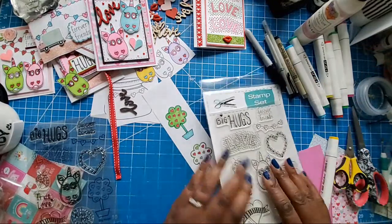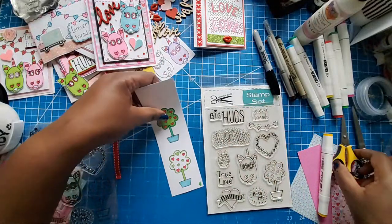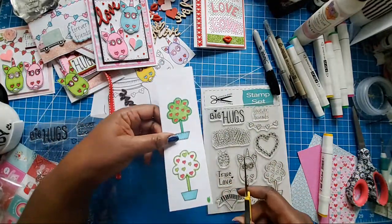Thank you, Betty Darnell. Betty Darnell says, I love the stamps. Thank you. Okay, so now I'm going to go ahead and...